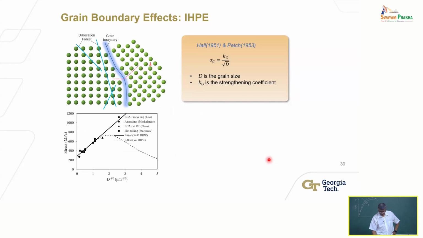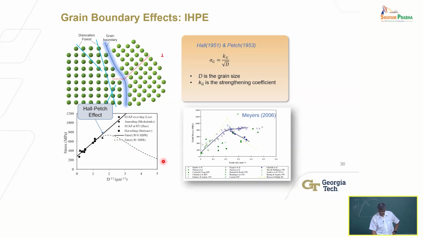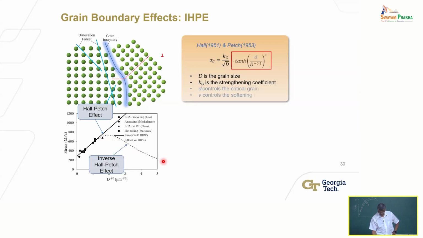This is the Hall-Petch relationship here. And this is the inverse Hall-Petch equation, which is saying that as I decrease the grain size, you can see here, if it is purely Hall-Petch, the stress increases as I decrease the grain size. But beyond a certain grain size, it starts to drop for certain metals. That's the inverse Hall-Petch equation, and we can capture that. There is real data showing you that type of behavior here, leveling off. So that's the inverse Hall-Petch equation.